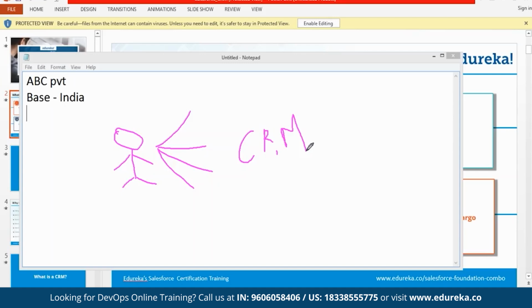According to them, there was a survey in 2013. According to them, 60% of your revenue can come with the help of your existing customers. Now you don't have to look for new customers, you don't have to spend money on marketing or advertisements, if your existing customers are happy and they are coming back to purchase your product, or doing word of mouth marketing. So it's really good to spend money on your existing customers instead of searching for new customers.